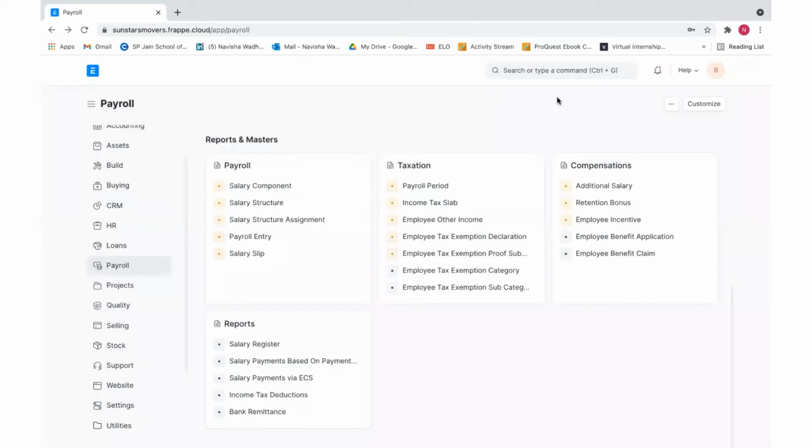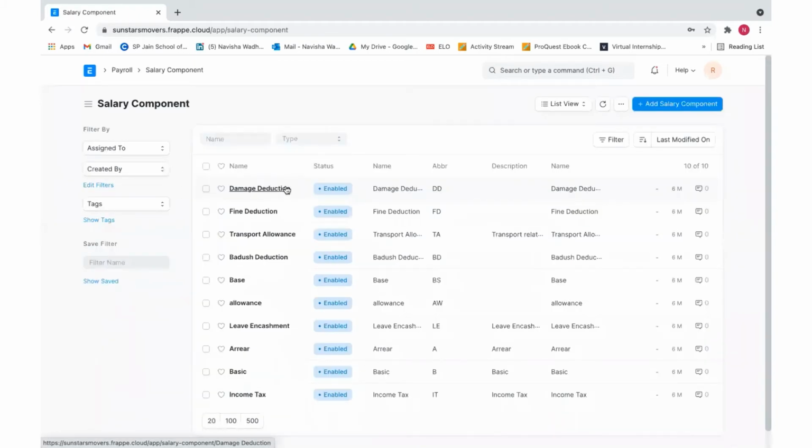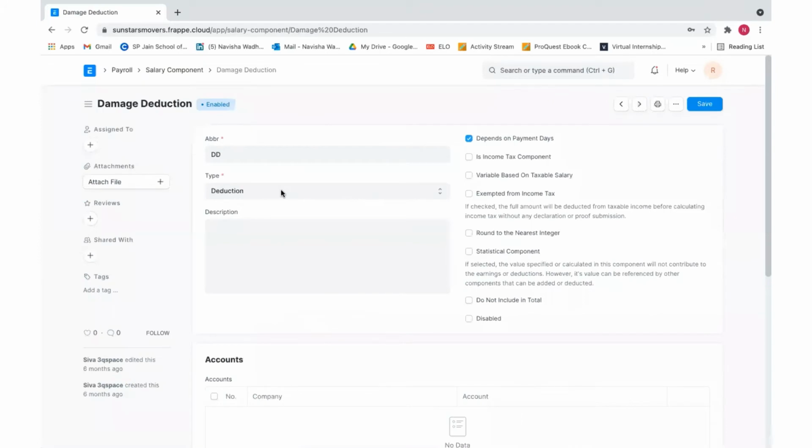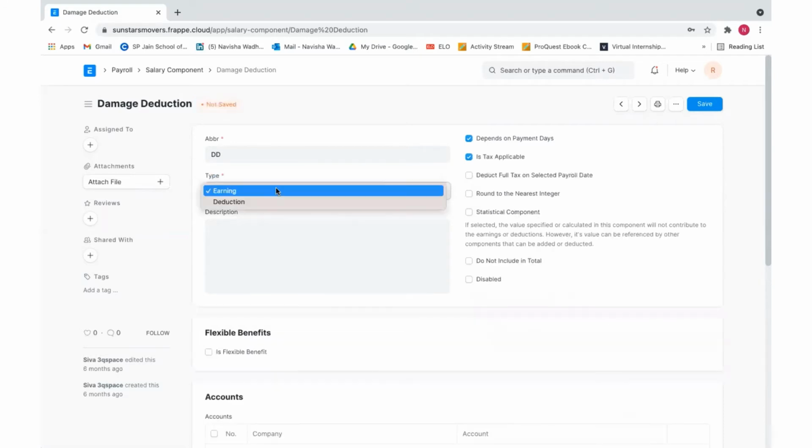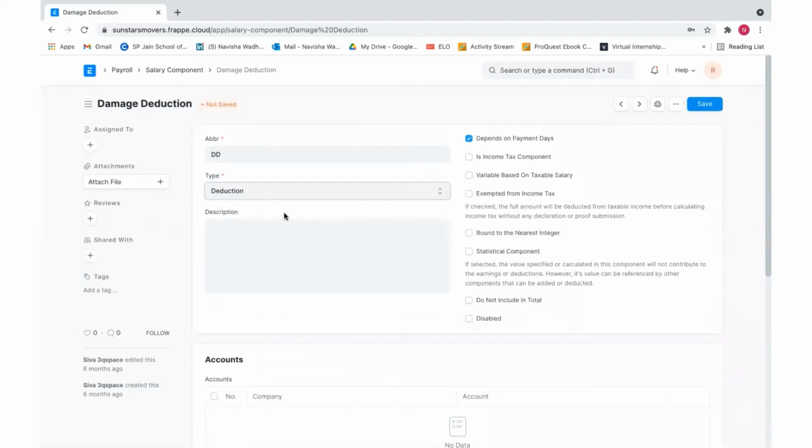This video is about salary structure and salary structure assignment. We have salary structure component in the human resources module under the payroll. So what basically is a salary component? The salary component is used to define various components in a salary. The two main categories of a salary component are earnings and deduction. So while creating, you need to specify whether it's earning or whether it's deduction. And you also need to mention a short description about it.